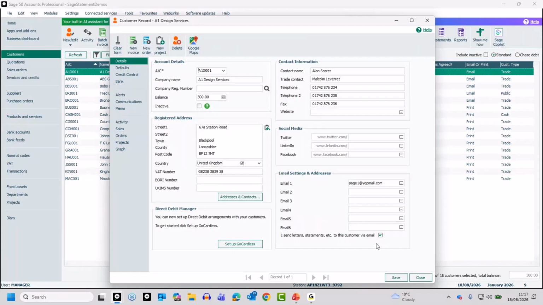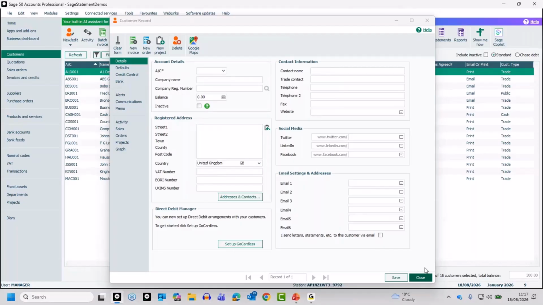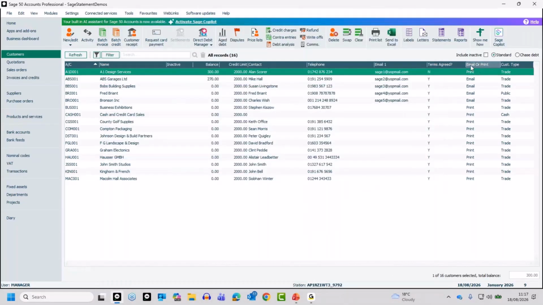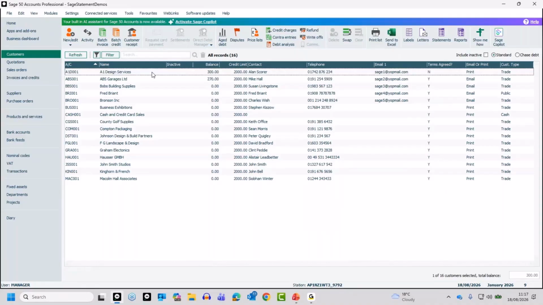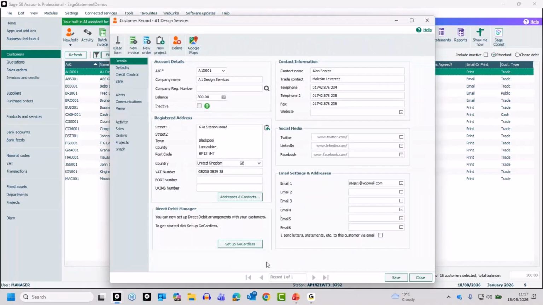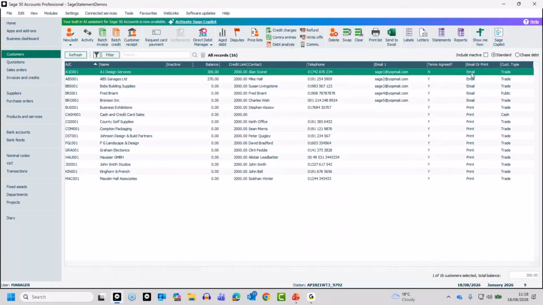Now, it doesn't stop you printing, whether you tick it or not. It doesn't stop you emailing, whether it's ticked or not. It's just a little way of flagging that. So if I take the tick out of that one and just save that, you'll see that this option here against that customer refers back to print. Similarly, if I go back into the record and I switch it back on, save it, it just flags it as email. And again, that means when I go to filter,